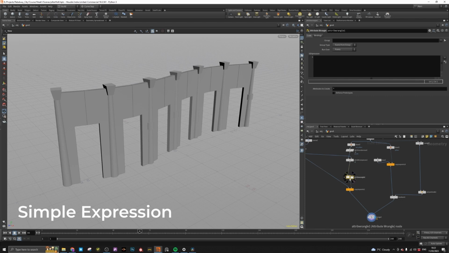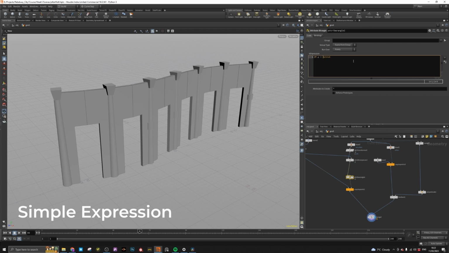Within this wrangle, let me just type out the expression and then we can break it down and talk about exactly what the expression is. So again, we want the P attribute, or the position attribute, in this case dot y, we want that to be equal to the point number,